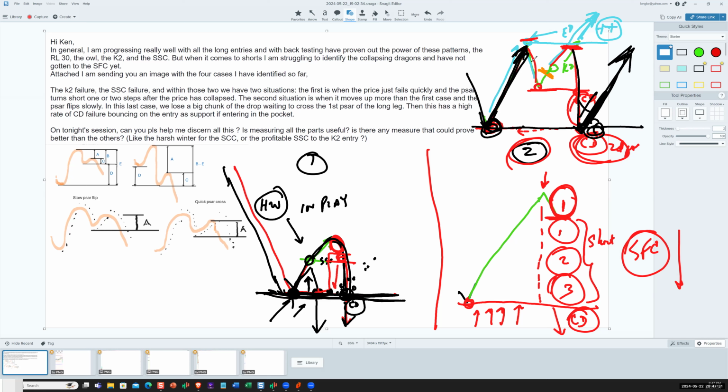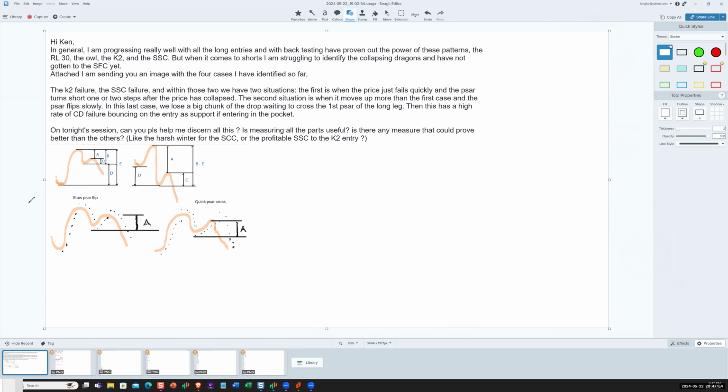That's why we say when this thing makes a lower high, that's a tactical short with a collapsing dragon, and I'm only playing for a return to here. If it actually breaks through, then I can get the big collapsing dragon with my second position, and then down we go. If I were to combine those, you might see something like an initial harsh winter that reversed,